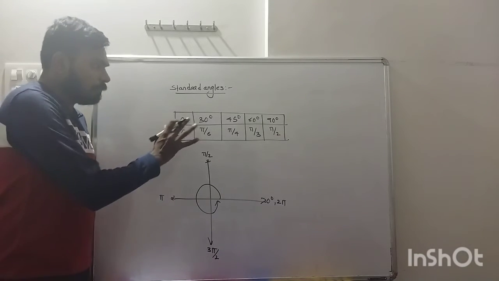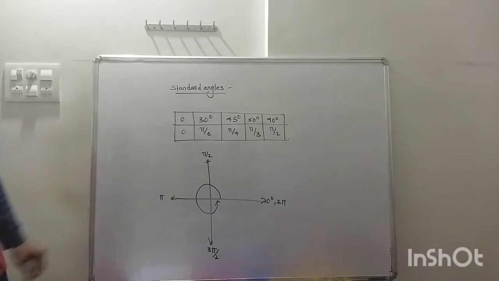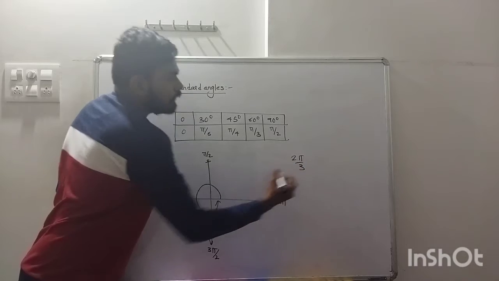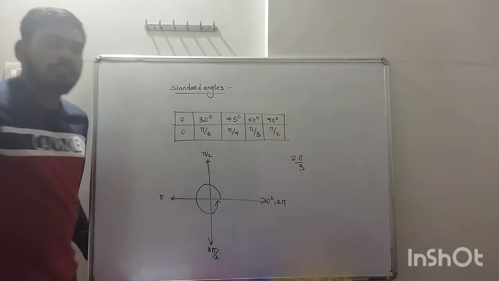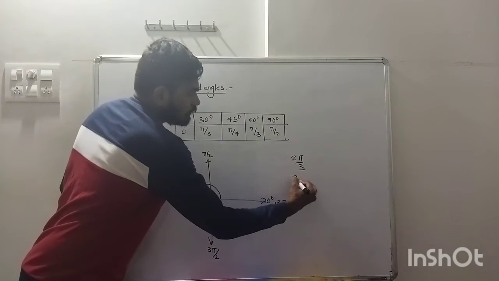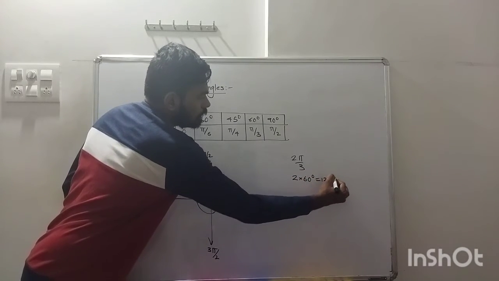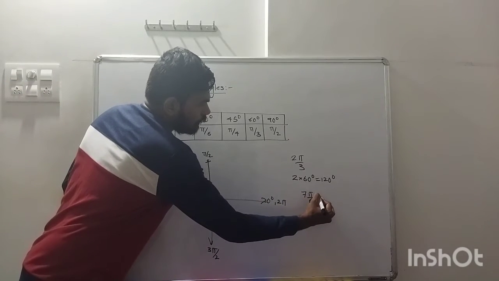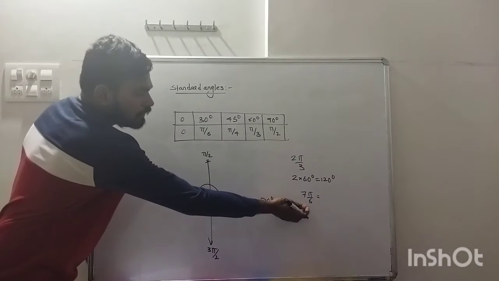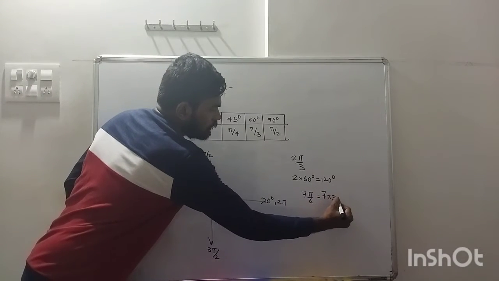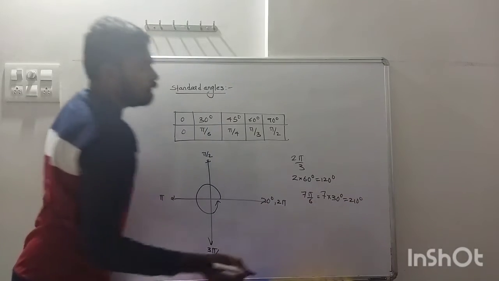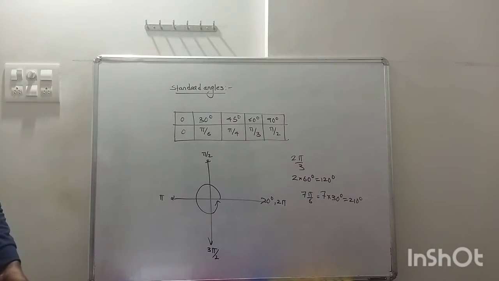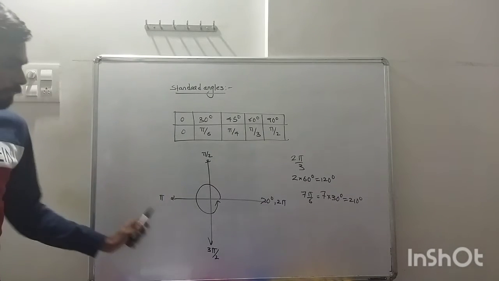Now if you remember this, you will be able to remember any standard angle. For example, if I told you to convert 2 pi by 3 in degrees, you know what is pi by 3. Pi by 3 is 60 degrees, so 2 into 60 degrees is 120 degree. 2 pi by 3 is 120 degree. Understood? Similarly if you are asked 7 pi by 6, directly you can tell. 7 into what is pi by 6? 30 degrees. So 7 into 30 degree is what? 210 degree. So this way you can convert and find the remaining standard angles. Understood now? So I drop this, and you have to remember this also.